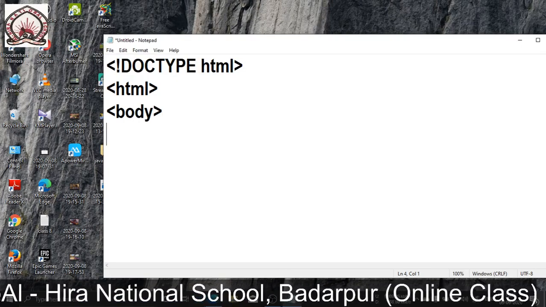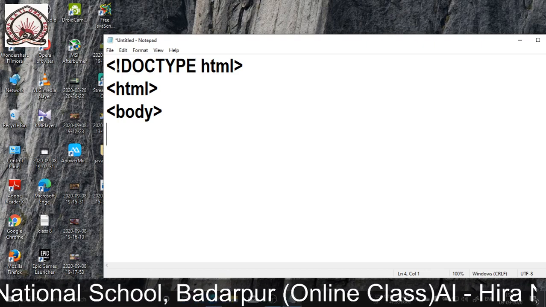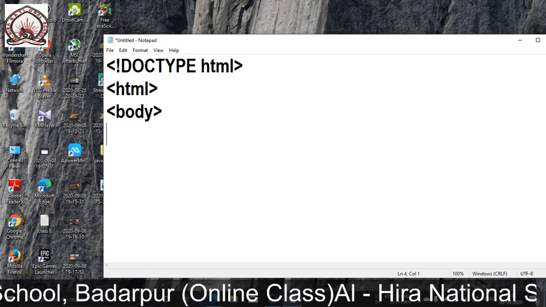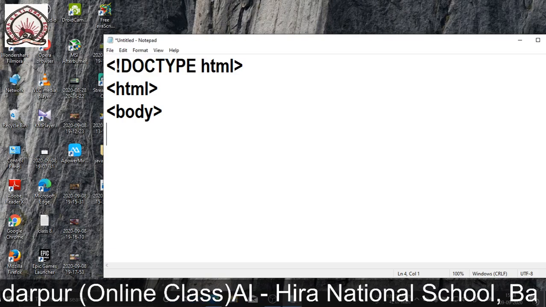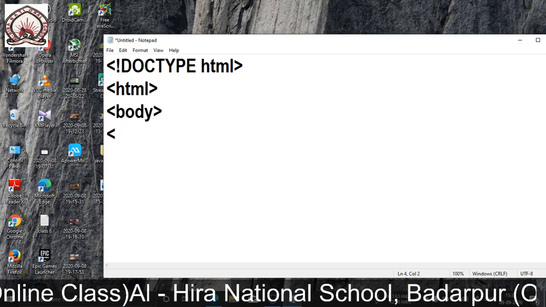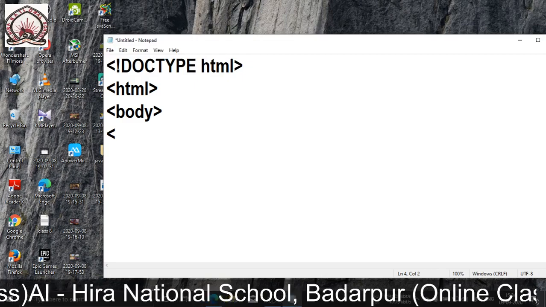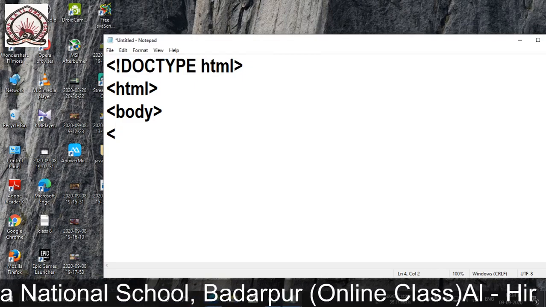Now see, as JavaScript codes are used with HTML pages, in HTML pages we have to define the type of JavaScript. So for this reason we will write here what is the type of language.